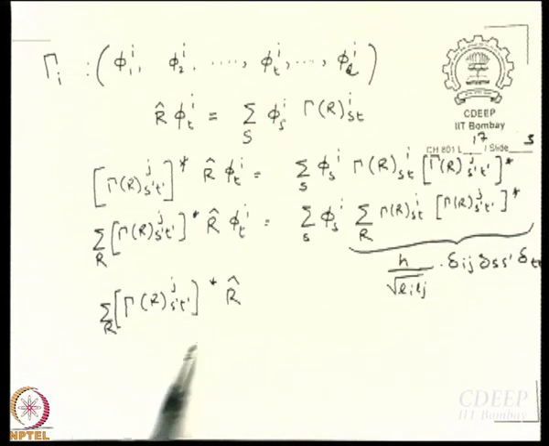Also, what is this? This whole thing is like an operator, isn't it? R is a symmetry operation and you are multiplying it by some matrix element and then summing it over all R. So this whole thing is like an operator. So this is the mother of projection operator. Projection operator is going to come from here.